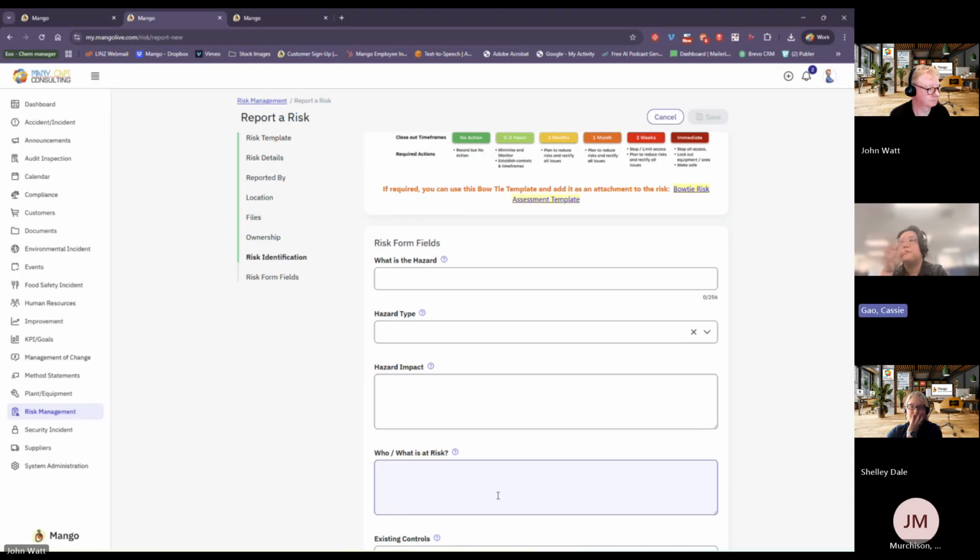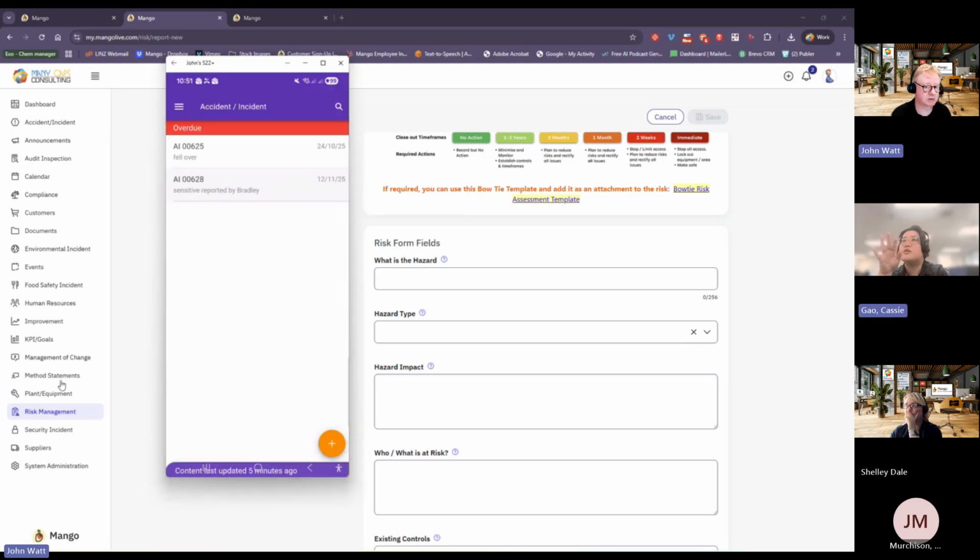So for all the pages you have just showed us, do we see the exact same layout on the mobile app? Not the exact same. Is there any difference? Yes. Is there anything I cannot see on the mobile app? You won't have the documents on the mobile app at the moment.